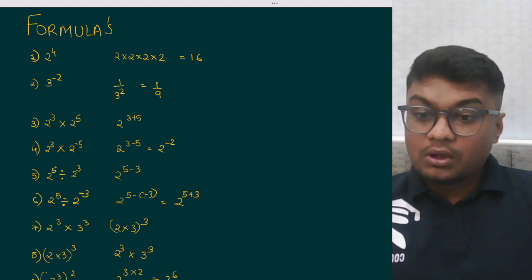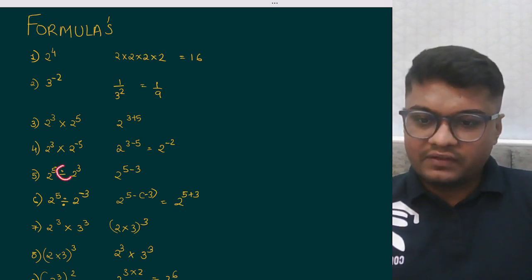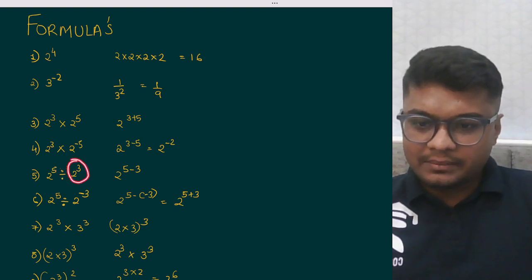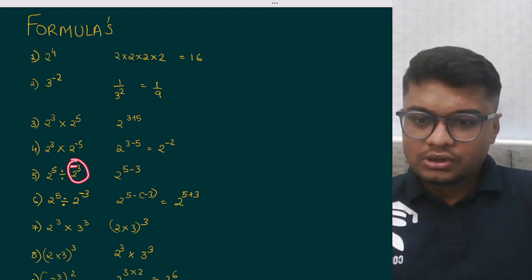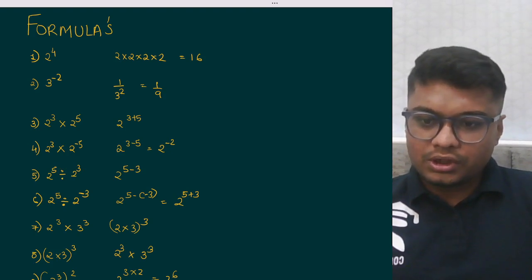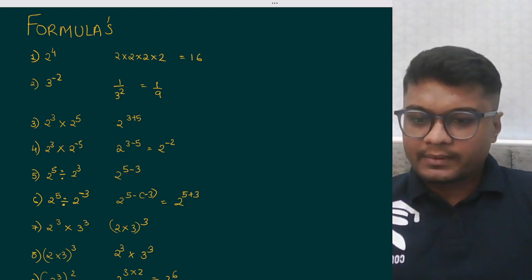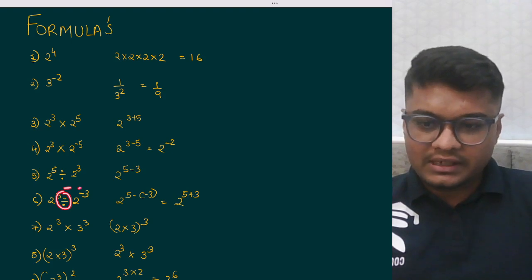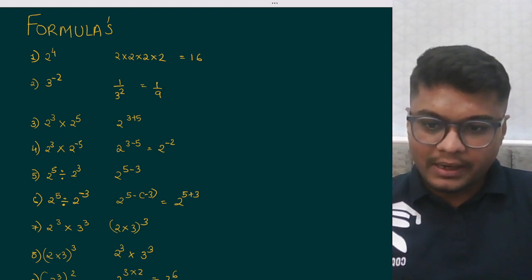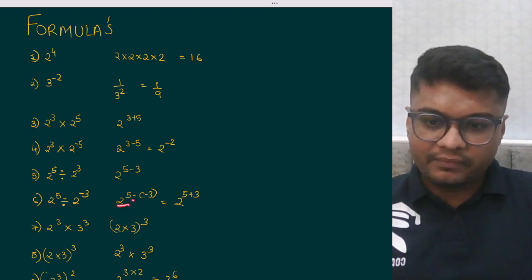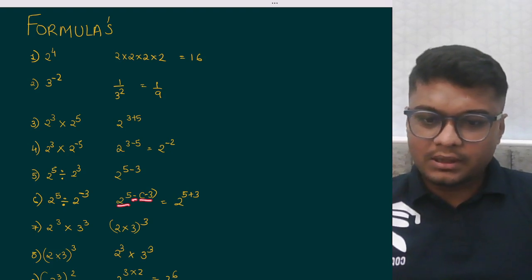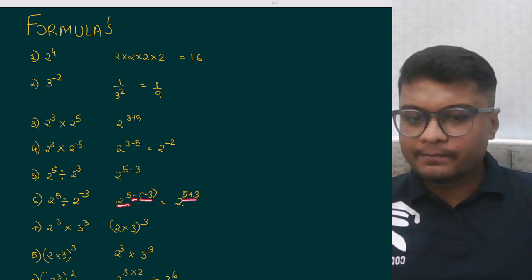Next we have, what if there is divide? Now if there is divide, the second power will get a minus sign. So it becomes 2 raised to 5 divided by 2 raised to 3, it becomes 2 raised to 5 minus 3. Now if we have 2 raised to 5 divided by 2 raised to minus 3, we know it is a minus sign for the second power, so minus of minus will become plus. So 2 raised to 5 minus of minus 3 becomes 2 raised to 5 plus 3,